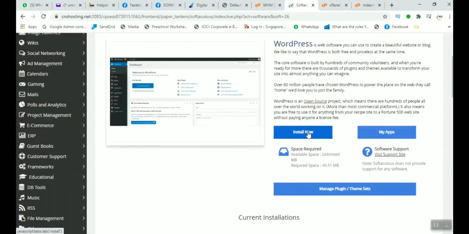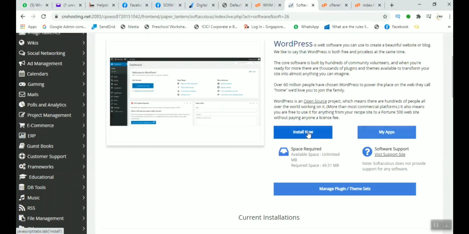Why are we installing WordPress here? Because we want to make a website, a blog, or an e-commerce site, and WordPress is very easy to use. Here I will install WordPress in a particular folder, so that it will be easy to understand how we can install as many WordPress sites as we want on a particular domain by creating subfolders. You can create folders and subfolders for different purposes.